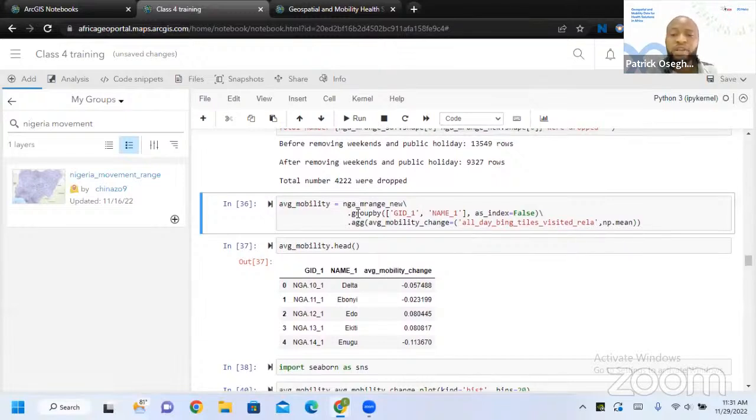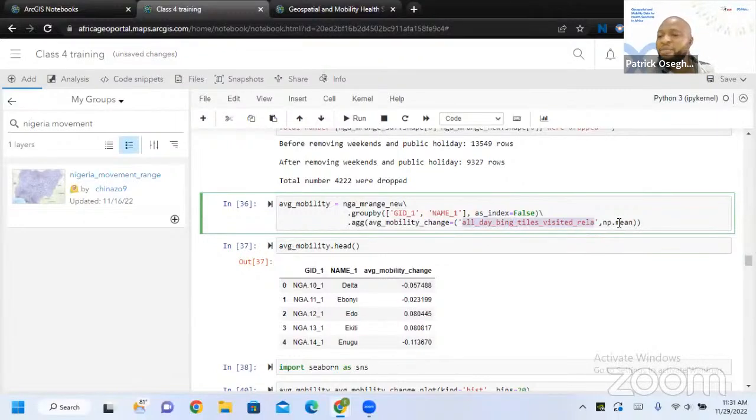So I have to do a date group by. I'm using the group by state ID and the state name, and I'm naming the column I'm creating average mobility change. I'm using the mobility change of people who are moving, that represents movement, not the one that represents staying in one location.